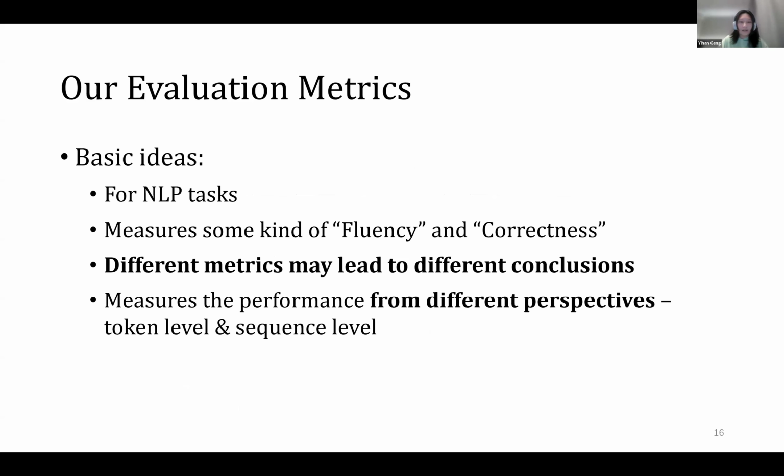Here we outline some guiding principles for choosing our evaluation metrics. Based on our earlier assumption that parallel sampling may hurt the sequence level consistency of text due to the disregarded interdependencies, we conjecture that token level and sequence level evaluations may lead to different conclusions, because this inconsistency is more of an issue of correctness than that of fluency. So we want to measure the performance from both token level and sequence level. Building on these considerations, we propose two evaluation metrics, which are,